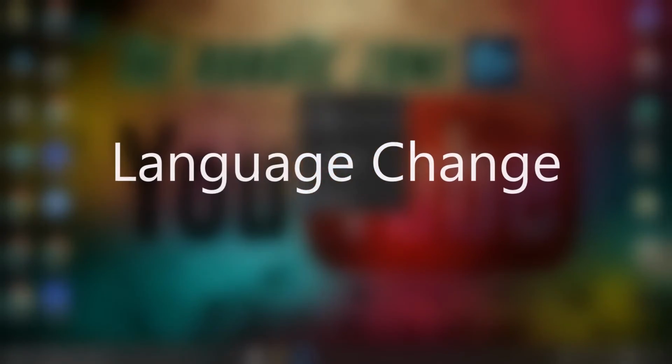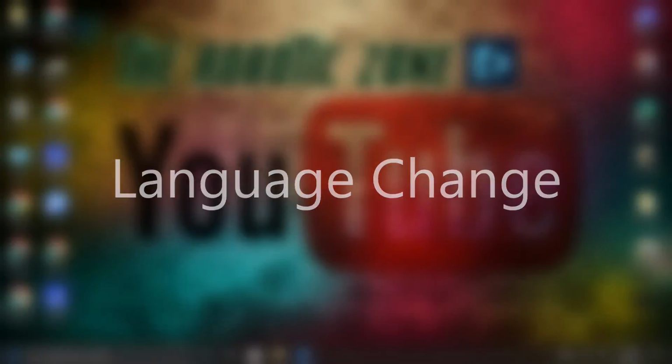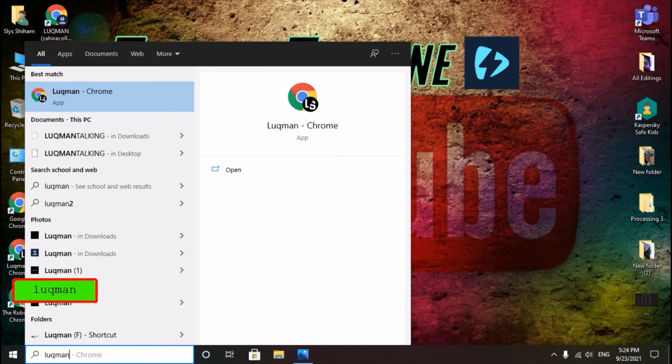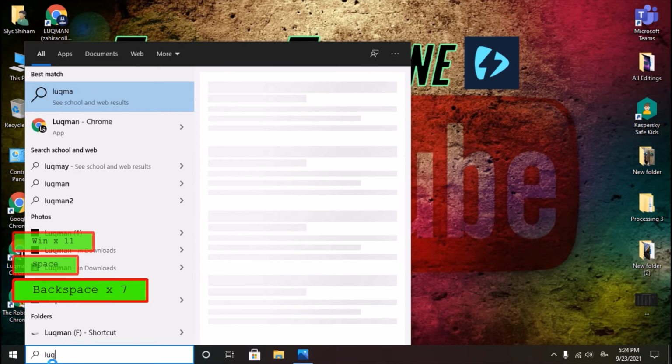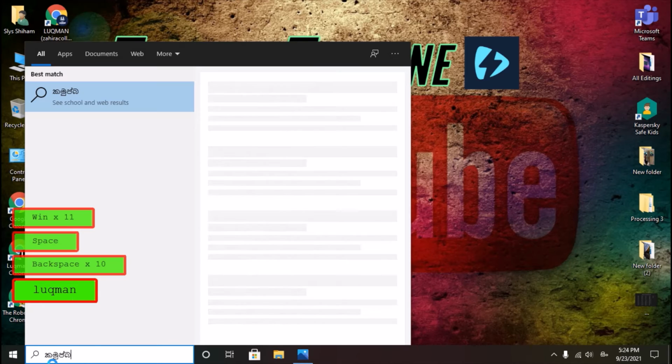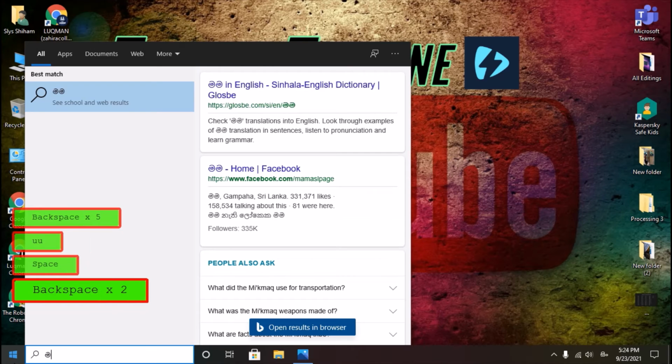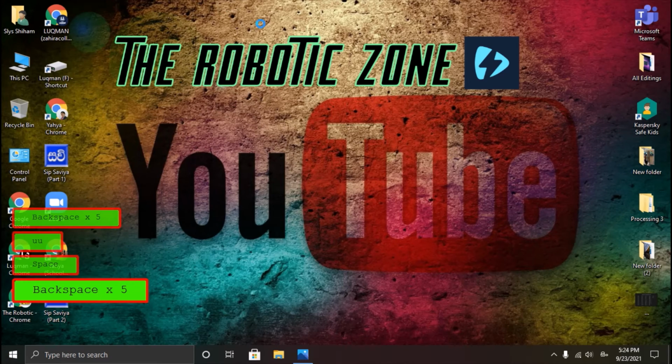The next shortcut which I am going to explain is, if you want to type, so now I am typing here in English. I have typed my name in here. If you want to type something in Sinhala, the shortcut way is to press Windows key plus space. Then it will switch your language to Sinhala. So now when I type, it will come in Sinhala. I have typed Lukman. I can type any other words. I have typed Mama, me. If you want, you can type any other things.